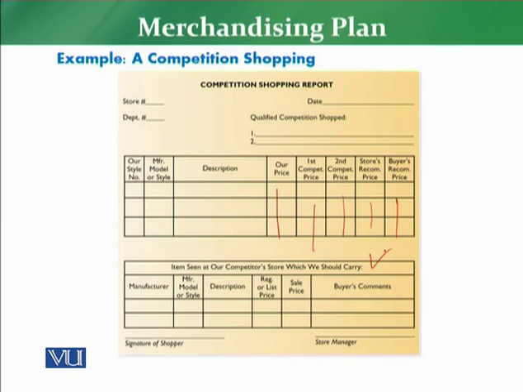By visiting the competitor, you will get to know that the competitor is focusing on a few items. So you will also get to know the priority assortment from this competition shopping report while doing step number 1 of gathering the information. Once you get the right information, of course you will have the right assortment in your store.